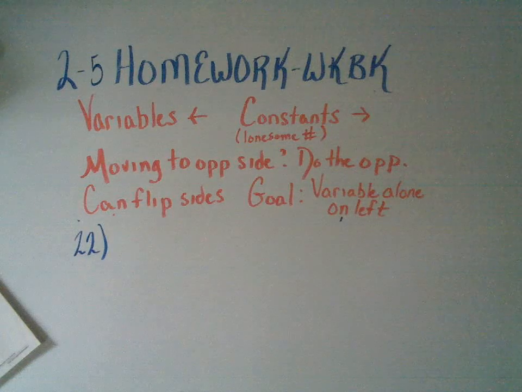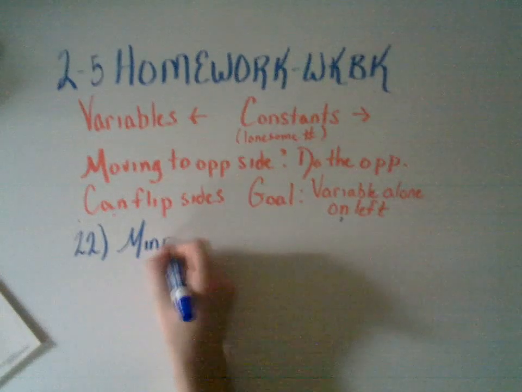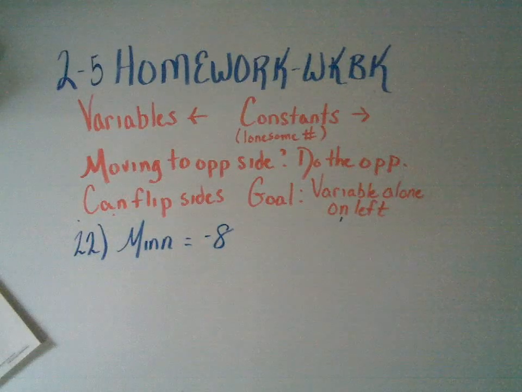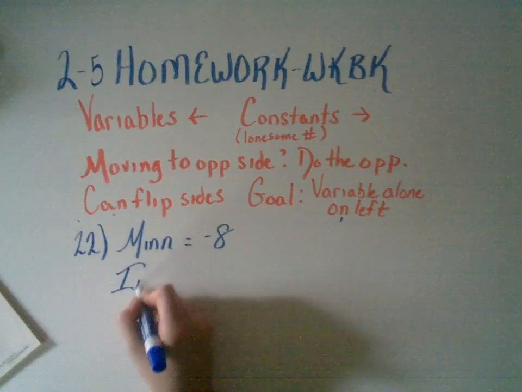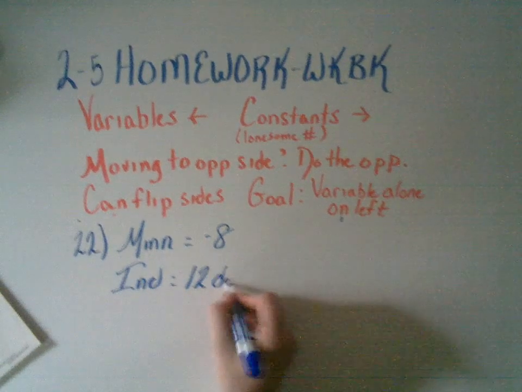Okay, you've also got two story problems here, so let's take a look at 22. In number 22, it says the temperature in Minnesota was negative 8 degrees one day. And then it says this was 12 degrees less than the temperature in Indiana on the same day. In other words, Indiana was 12 degrees warmer